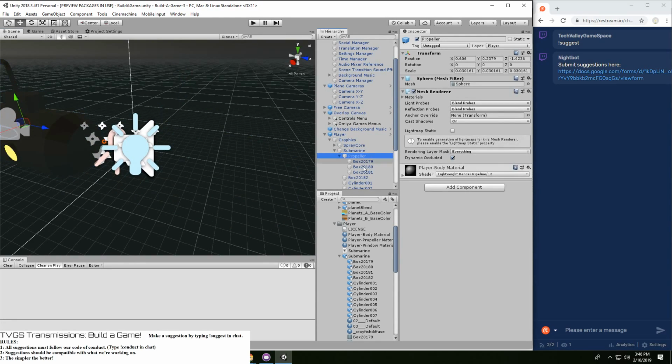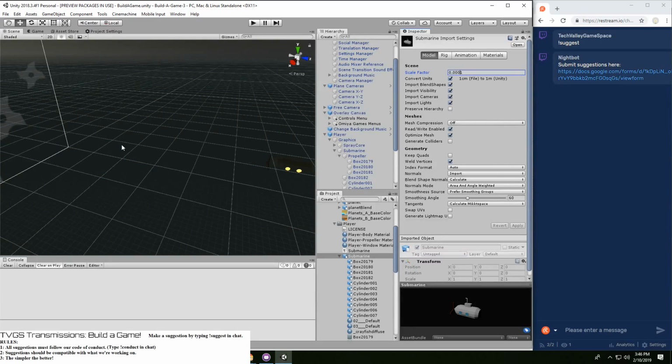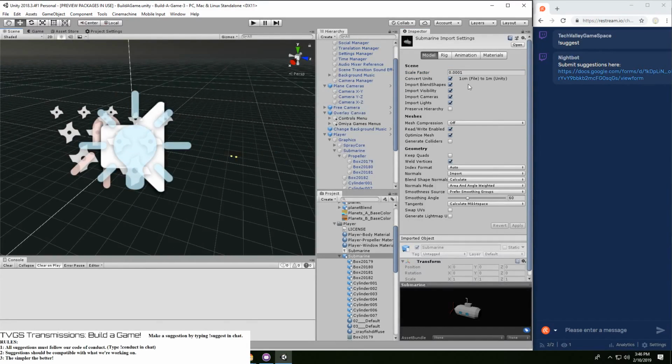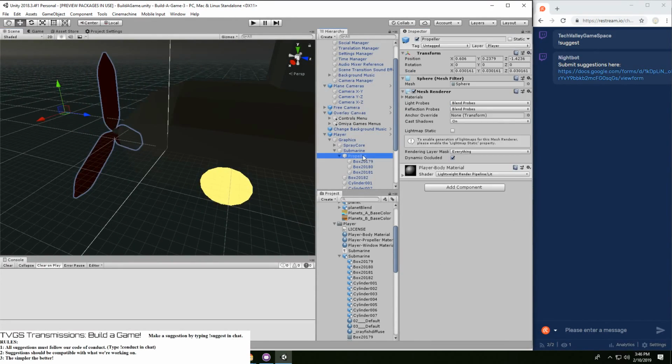Let's return that. Maybe the submarine was even smaller than that. Alright, that might be too small. So we can kind of double that. Double that again. Maybe, just maybe.